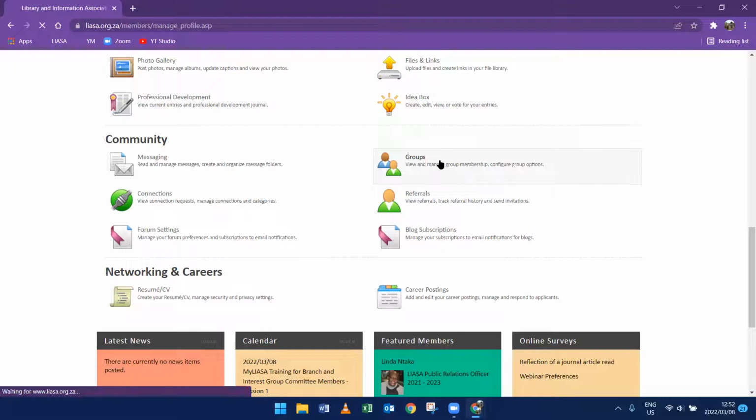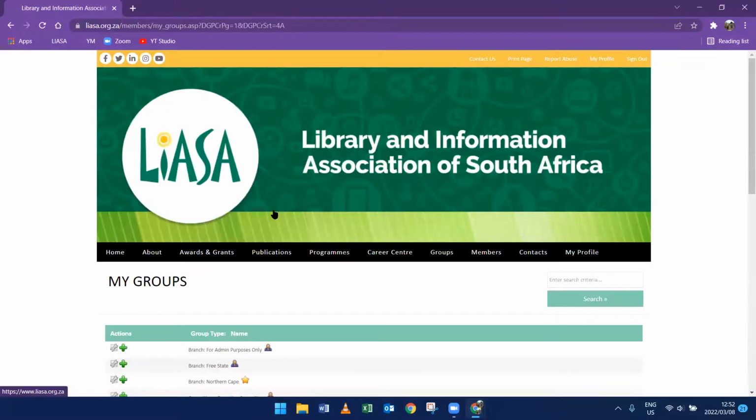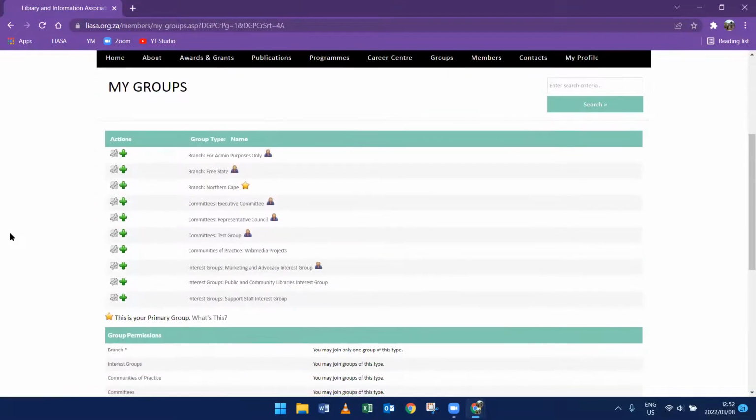If you click on groups, then the system will take you to this page where it will show you the groups that you are belonging to. So for the purpose of the training on Thursday, this is where we will be working at. If you can see over there,